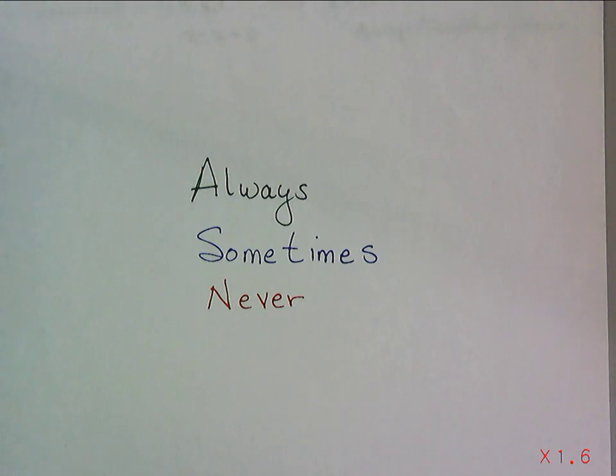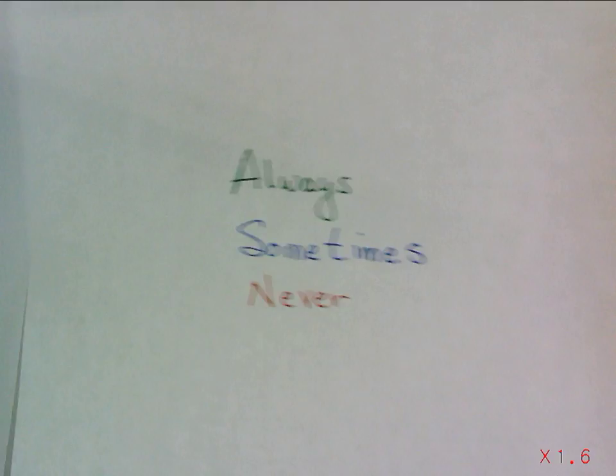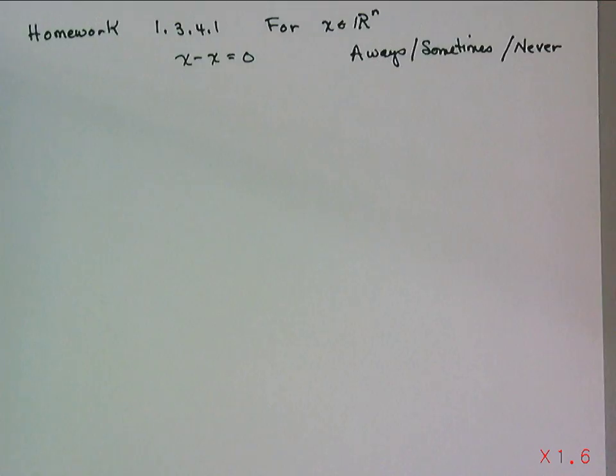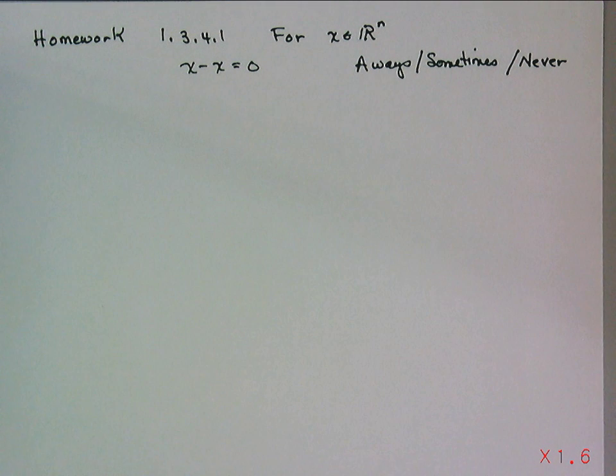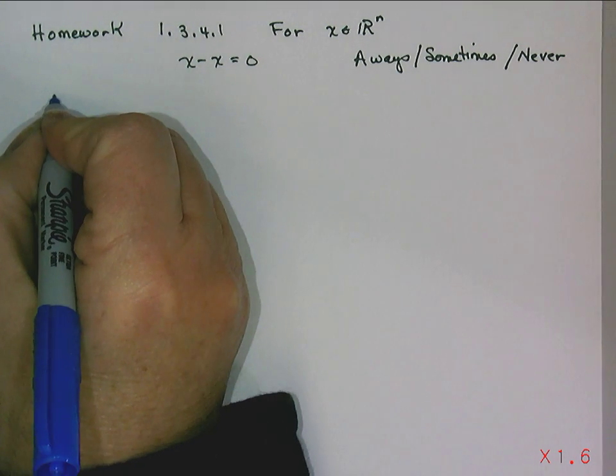Always, sometimes, never. This time we want to decide whether it's always, sometimes, or never the case that a vector minus itself is 0. And you may want to say, well, this is pretty obvious, but let's prove this formally so that we have an opportunity to get used to notation and proof styles. So we'll start our proof